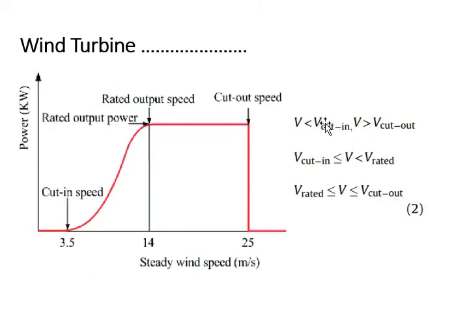Below the cut-in speed the output is 0, because there is not sufficient power in that wind speed. Also, if the velocity of the wind is above the cut-out speed, we apply the brakes on the wind turbine because it may be too dangerous and may damage the turbine. We stop the power generation, or its rotation, or use some other control technique to stop the wind turbine and avoid damage.